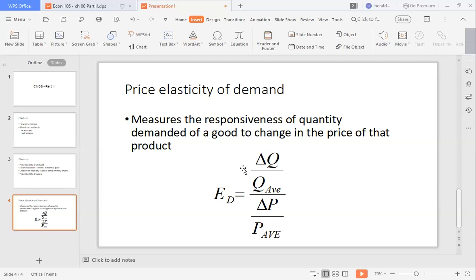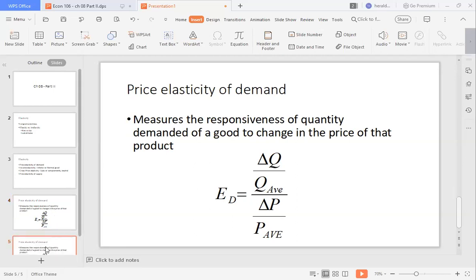If you're making trade-offs, it means that in order to get one good, you need to give up another. If there is an increase in prices, we have a decrease in consumption. So again, a negative price elasticity of demand is natural and understandable because price and quantity have an inverse relationship. Okay, and so in interpreting the price elasticity of demand,